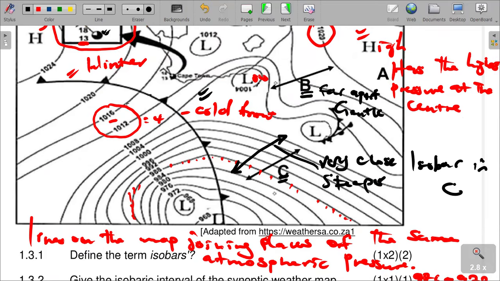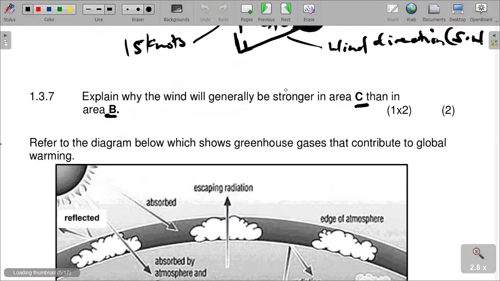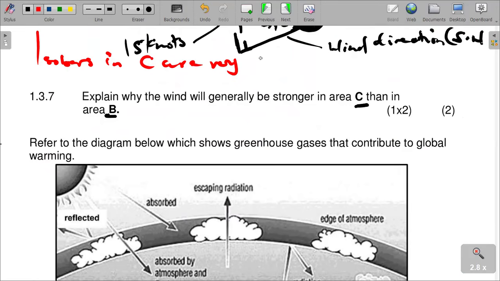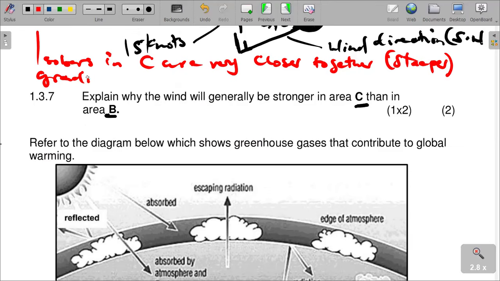So we are saying isobars in C are very close together, showing a steeper gradient than B,